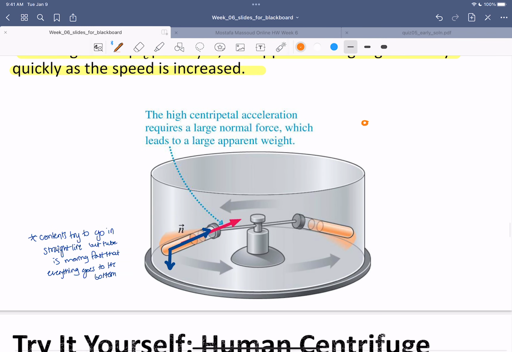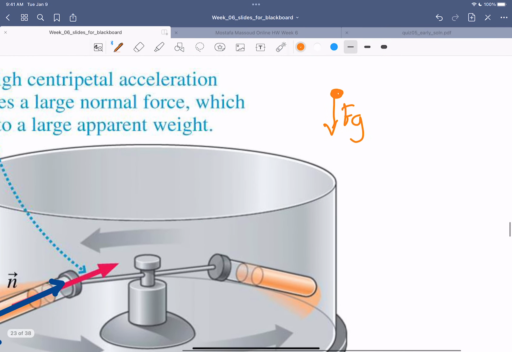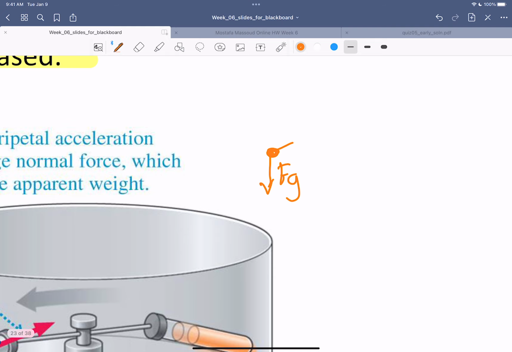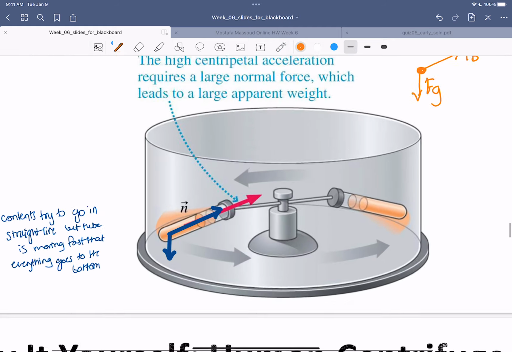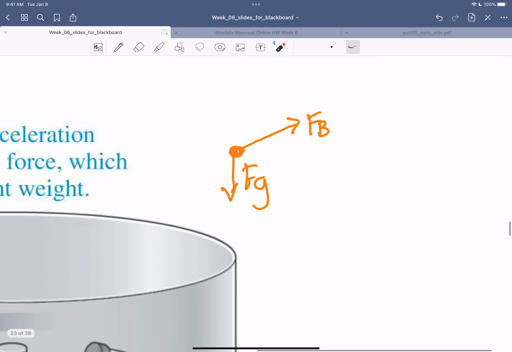Yeah. So you would have yourself right here like this, right? You have gravity pointing immediately downwards. Gravity always points downwards. And then since this fluid is kind of at an angle almost, we can think about, okay, if it's this way, we have buoyancy, because the fluid is kind of directed this way. So let's say the fluid is sinking downwards. Remember, for a centrifuge, we usually want to separate substances out based on their density. So you'd have a buoyancy force pointed upwards, and